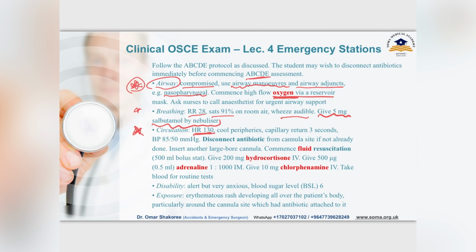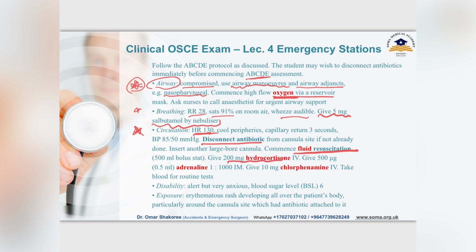You have to disconnect the antibiotic. This is very important, and commence fluid resuscitation. As we said, the patient is in anaphylactic shock, so you have to give fluid resuscitation and stop the antibiotic, and also give